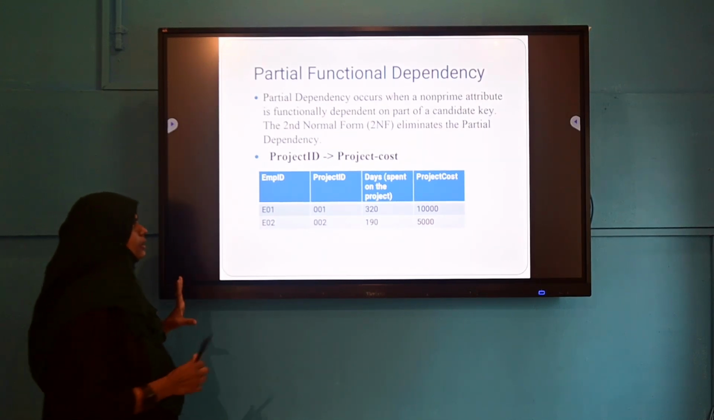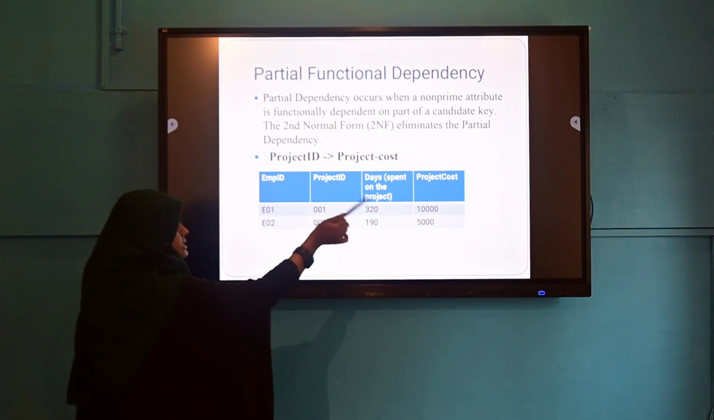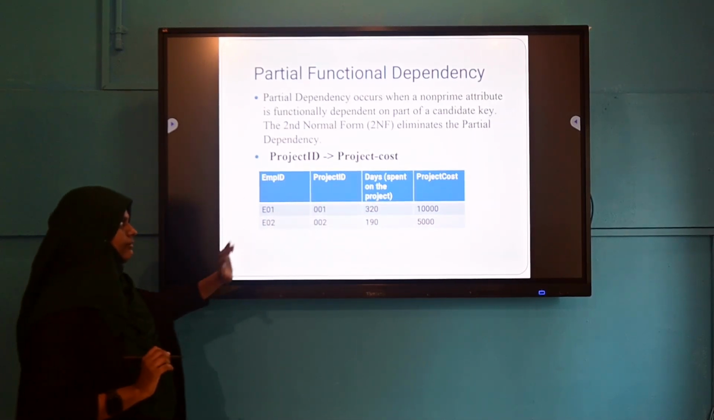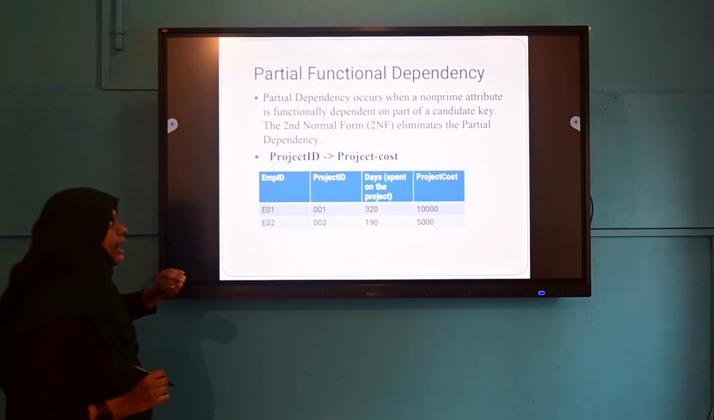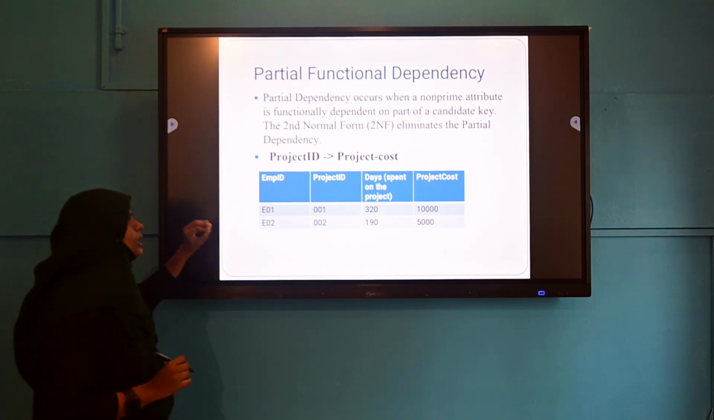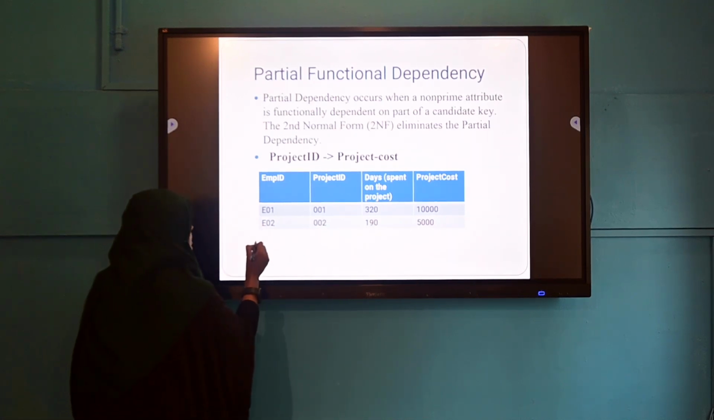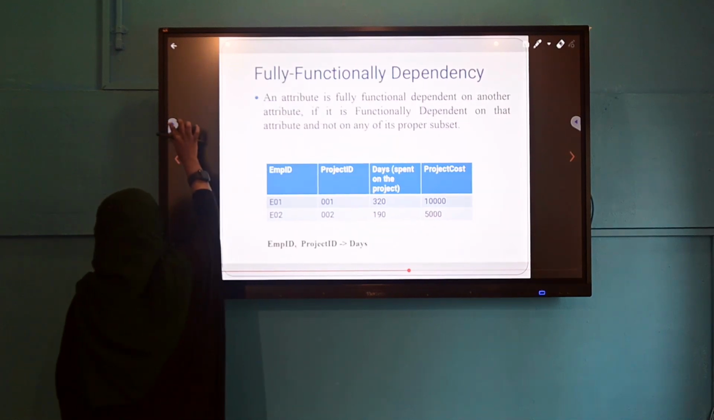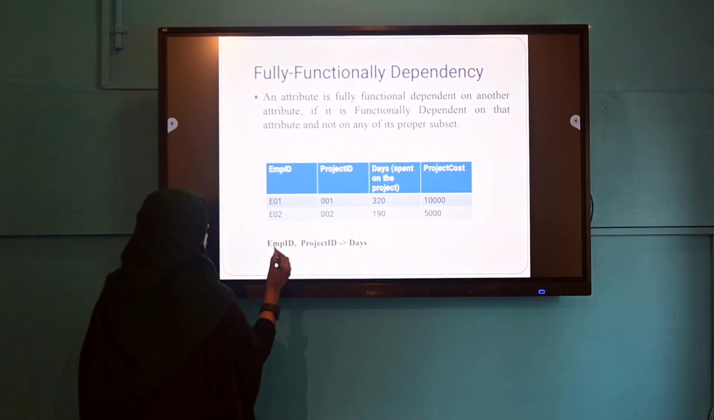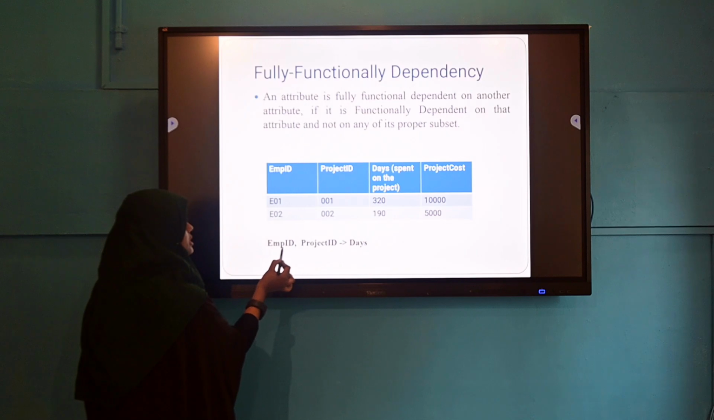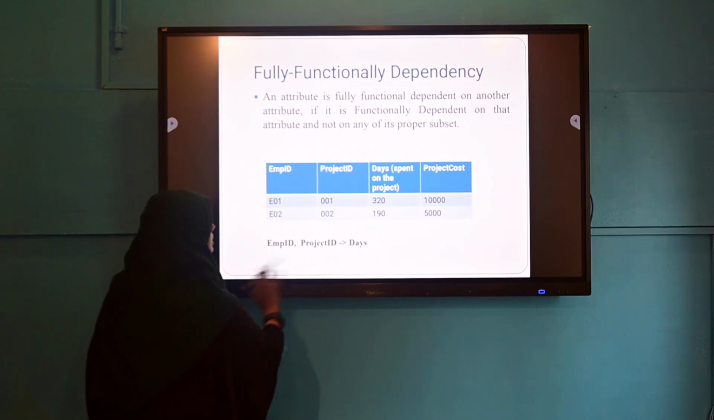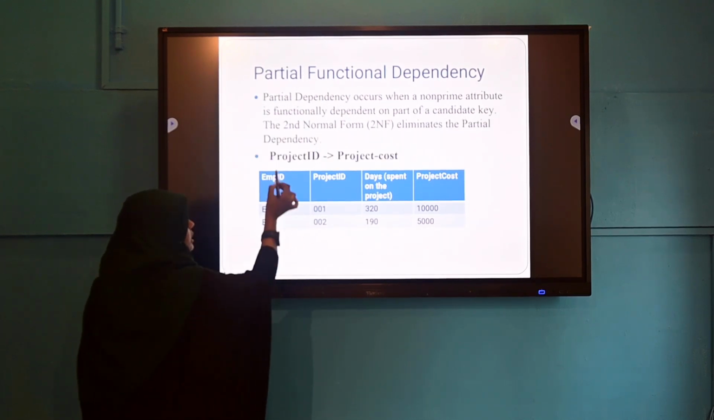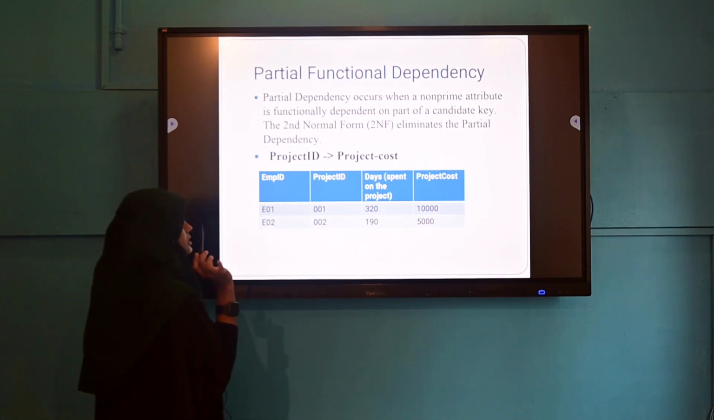For example, here employee ID, project ID, days and project cost are the attributes of the given table, and we already defined a functional dependency or primary key. Here we already defined a relation: employee ID, project ID gives days. At the same time, here we will get project ID gives project cost,